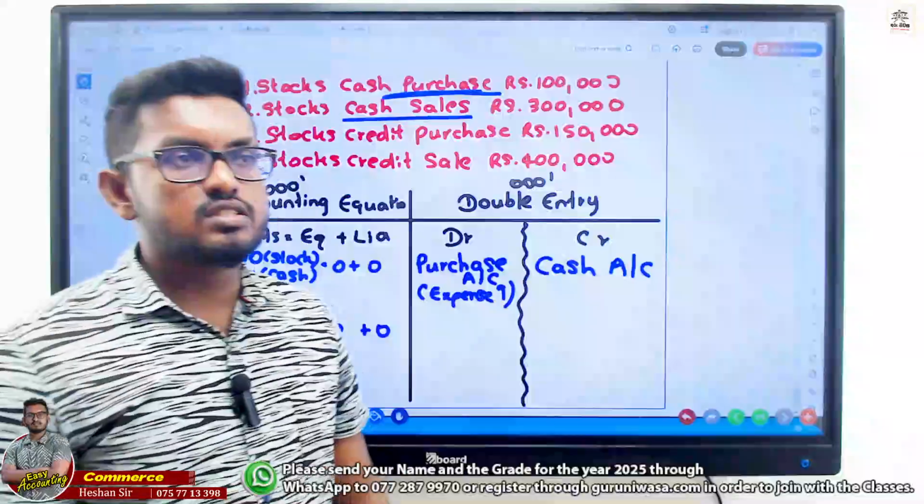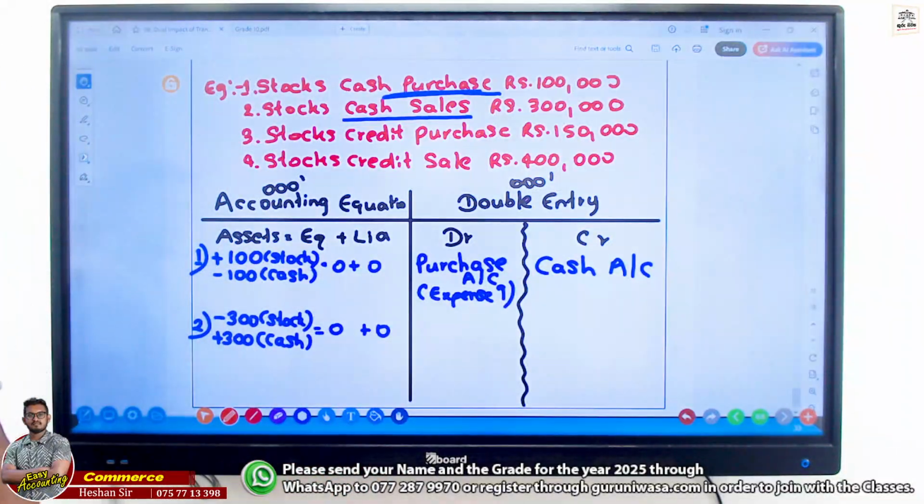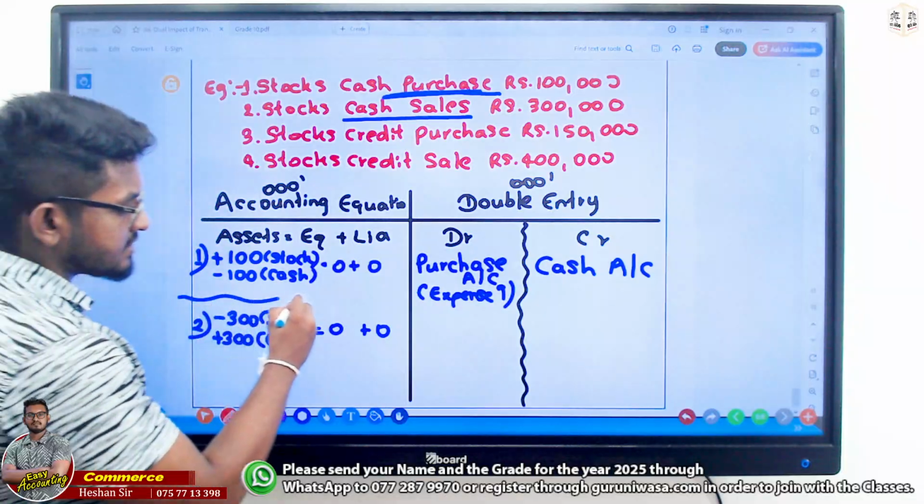This was the accounting equation. But when it comes to the double entry system,